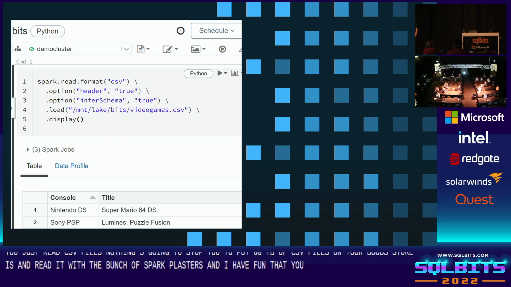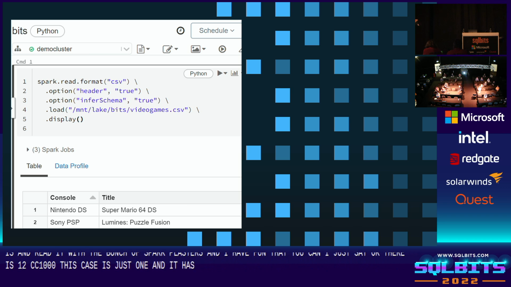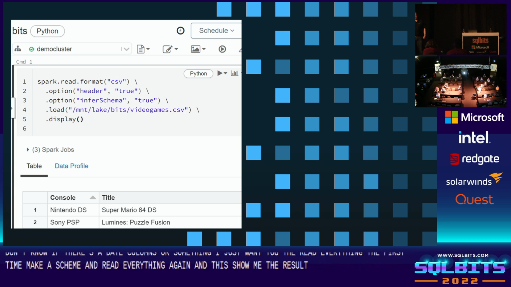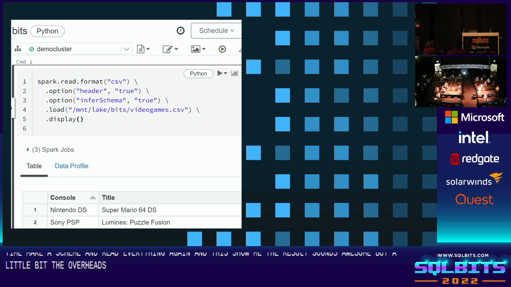You can, like I'm doing here, just say, okay, here's a bunch of CSV files. In this case, it's just one. It has a header, and I don't know what the schema is. I don't know if there are date columns or something. I just want you to read everything the first time, make a schema, and then read everything again, and just show me the result. Sounds awesome, but the overhead sounds a bit scary as well, right?